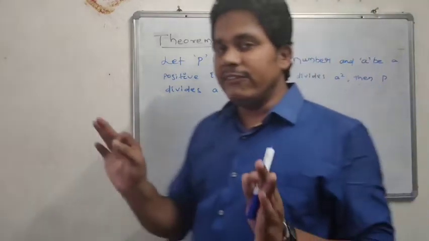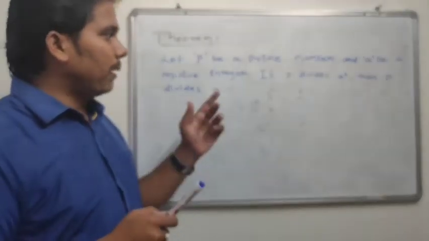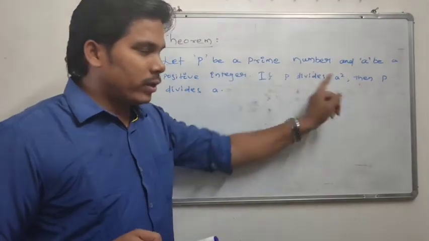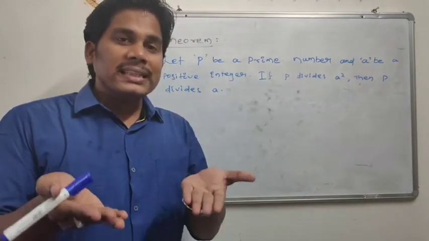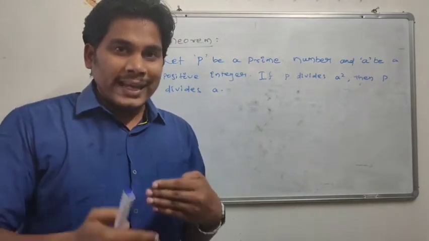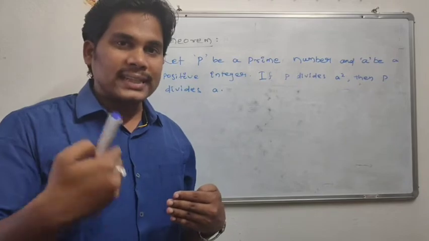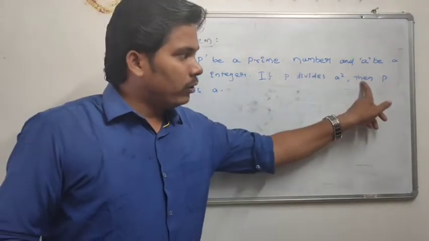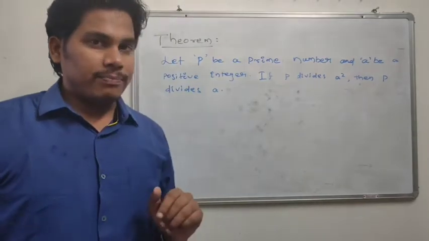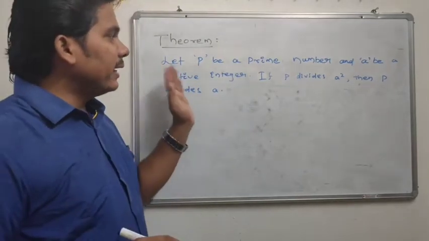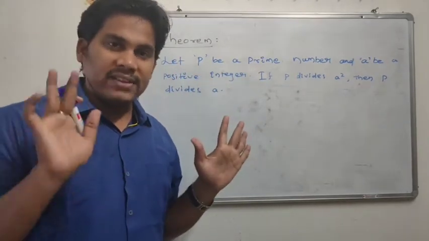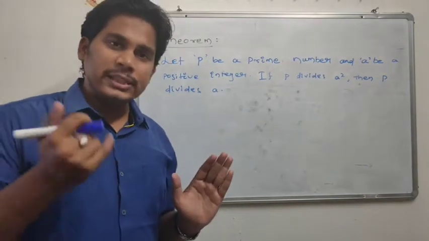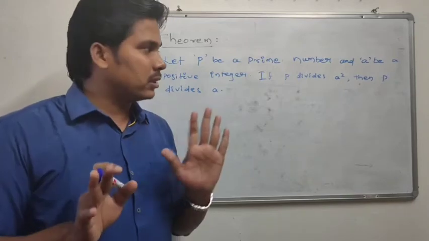Then here, if you divide this part into two parts, the "let" part up to a square is the part which is given to us, to take as the property or the sentences for correspondence, and prove this statement: p divides a. That means, what? Here it is given that p is a prime number.